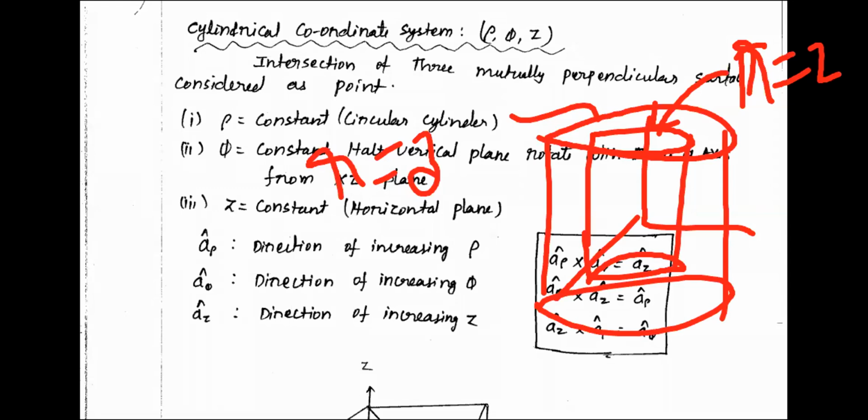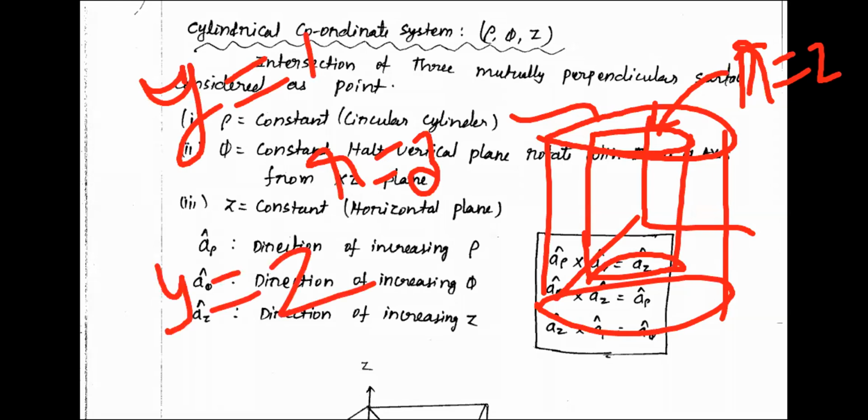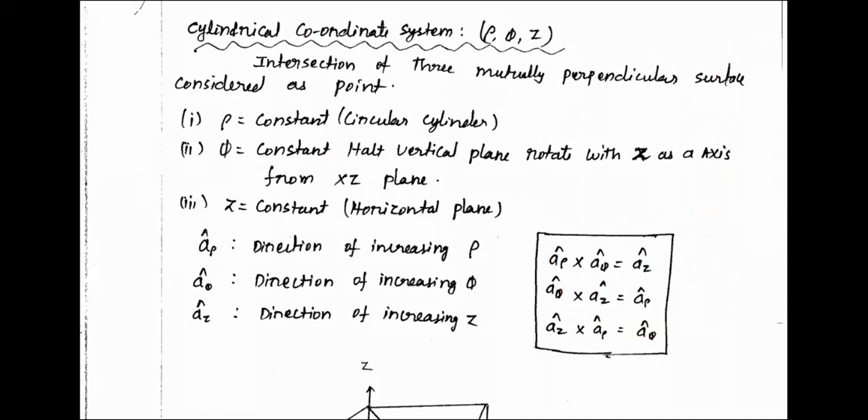Will they intersect each other? They will not intersect each other. That means these two surfaces are parallel to each other. Are you getting that idea? Yes. r equal to 2 gives one surface, r equal to 3 gives another surface, and these two surfaces are parallel to each other. In the ordinary coordinate system, y equal to 1 gives you a line, and y equal to 2 gives you another line. These two lines are parallel to each other. Similarly, here also you are getting two surfaces, and they are parallel to each other.